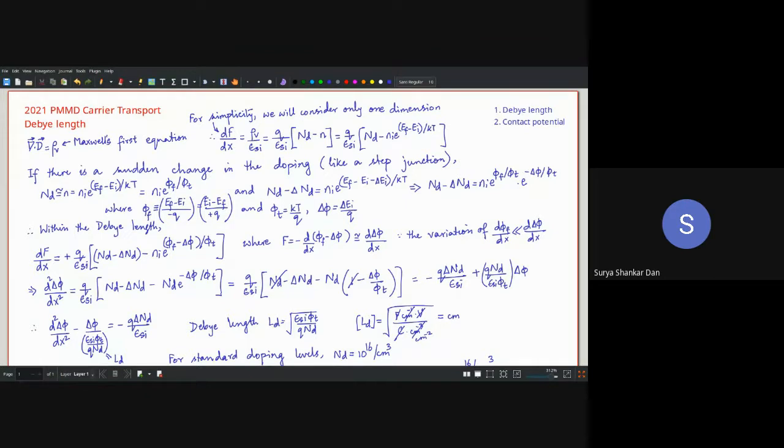So the reason why this topic, the Debye length concept, is not there in the standard devices books is because if we are speaking about microelectronic devices per se, then we do not have any issues concerning this Debye length problem. But in the modern technology, it becomes very important. Okay, so let us first understand this.